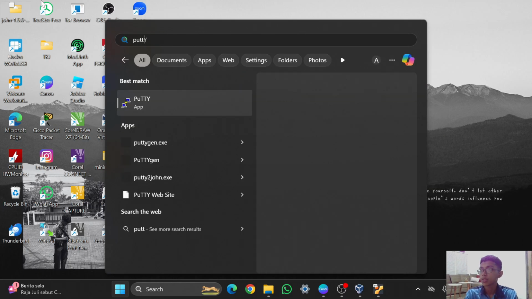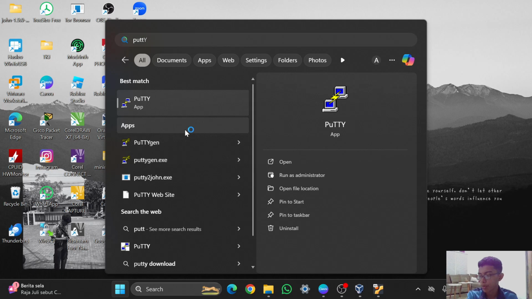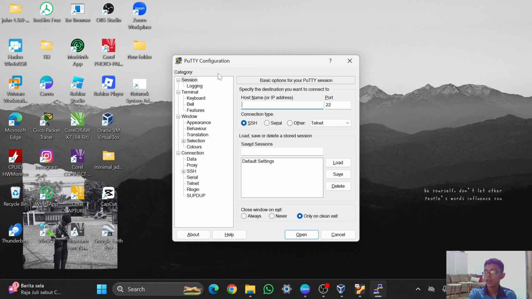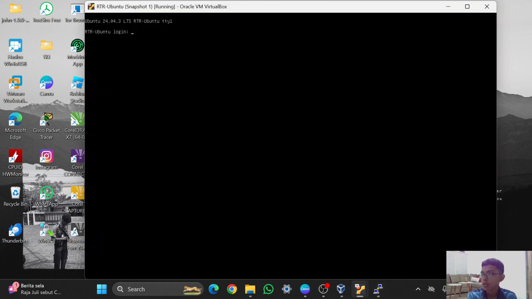PuTTY is this one, and I will just open it. Here I want to remote the router Ubuntu, but before that, we have to make sure the router Ubuntu already has an SSH server or not.